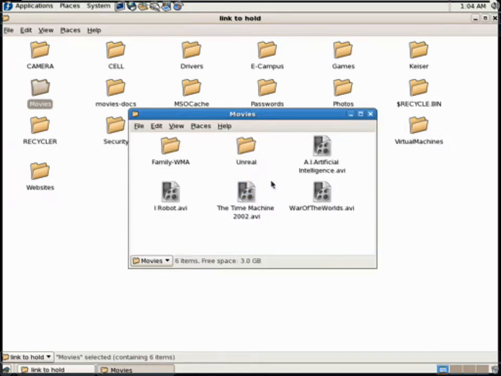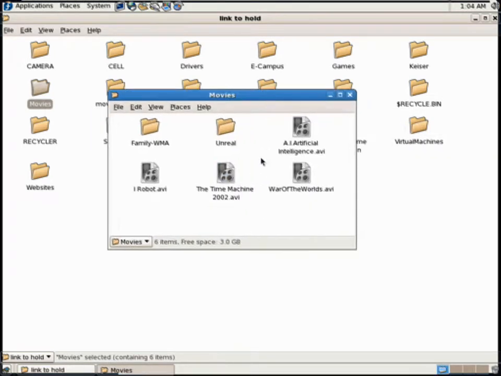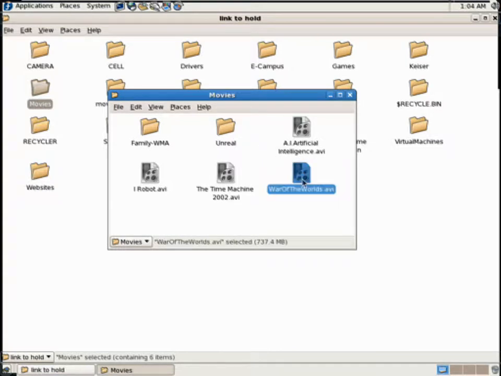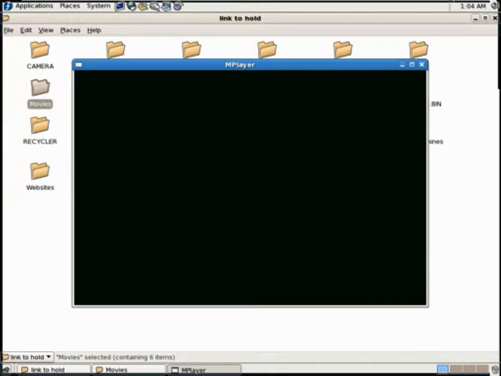Keep in mind that they're running a virtual machine and video capture software on top of all this, but it's actually performing pretty decently. And now that I've set the file type association,